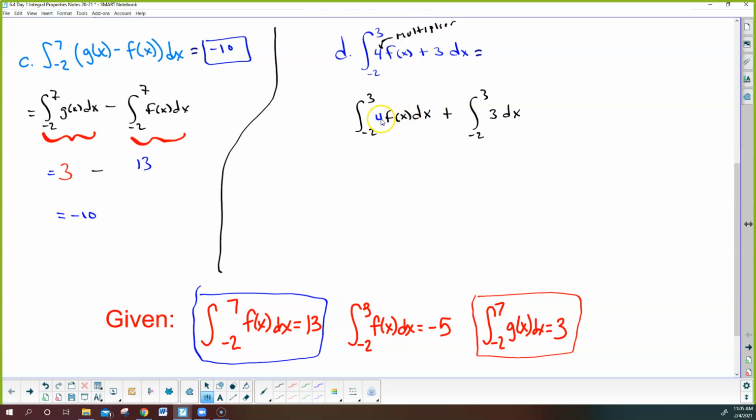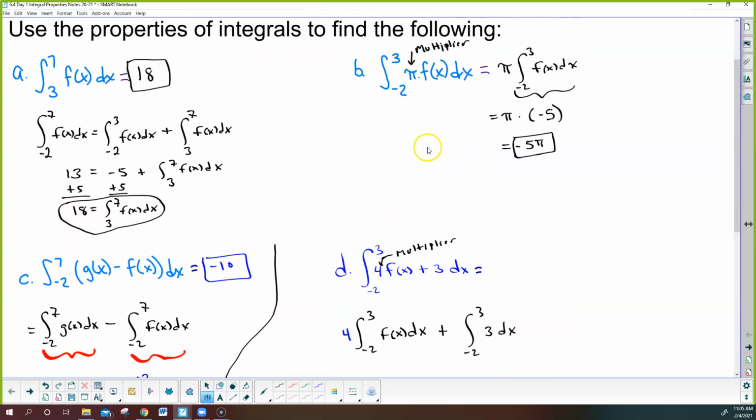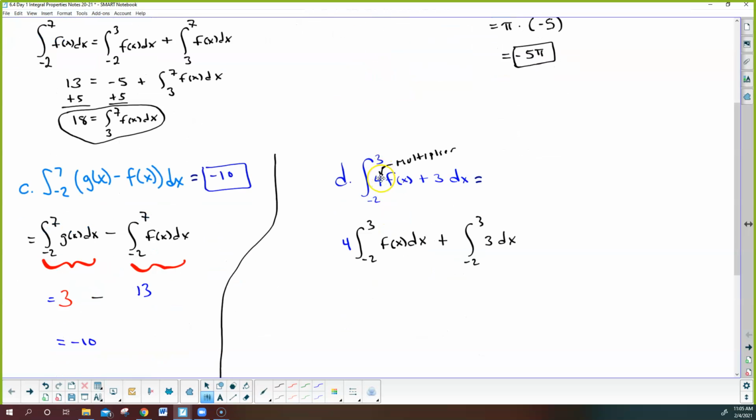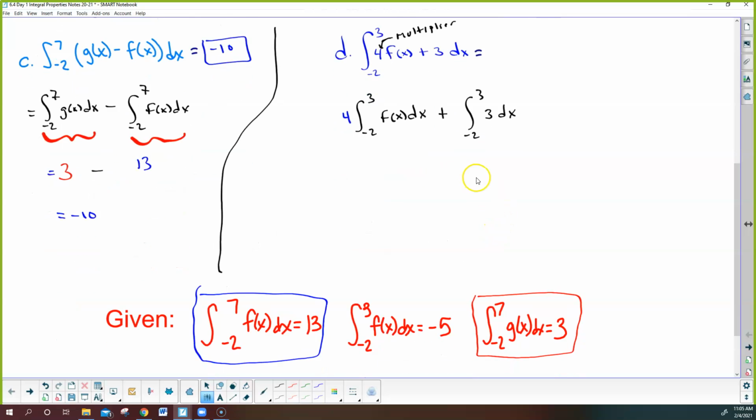I still have this multiplier. The multiplier does not belong to the 3. That's why I didn't put a 4 out here, or I didn't pull the 4 out right away. But now that I isolated this integral, this 4, if I can grab it, that 4 can actually scoot right out in front, kind of the same way that pi did, right? It's a multiplier, so I just pulled it out. But I couldn't pull it out until it was isolated because the 3 didn't have that multiplier. So now